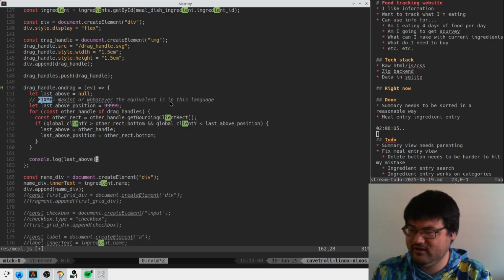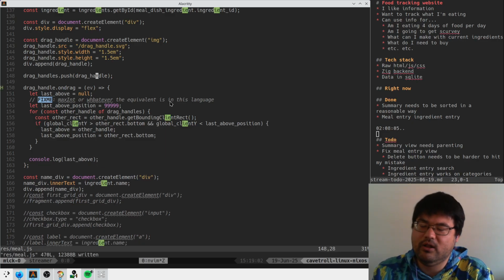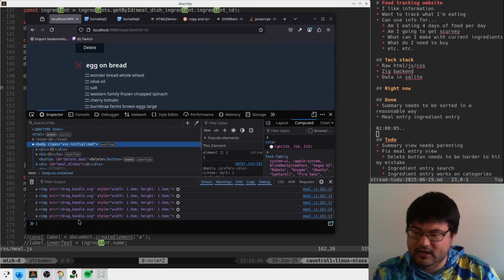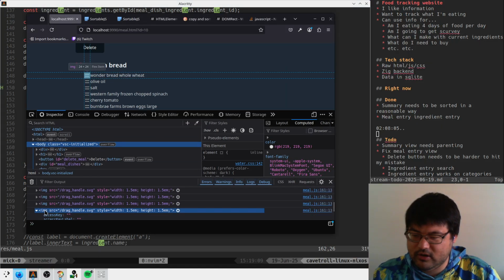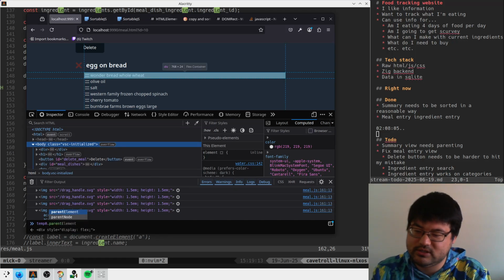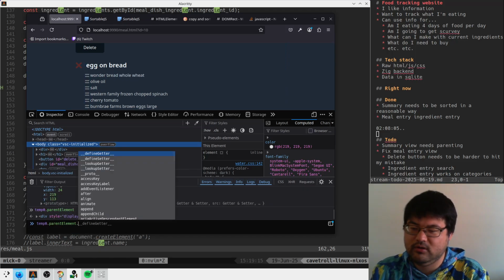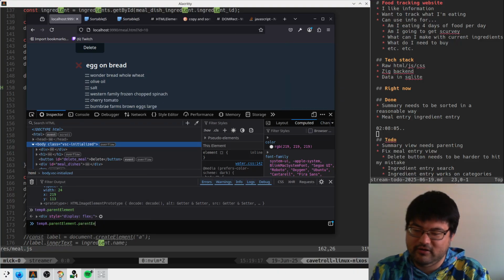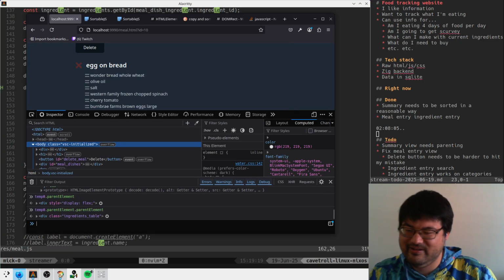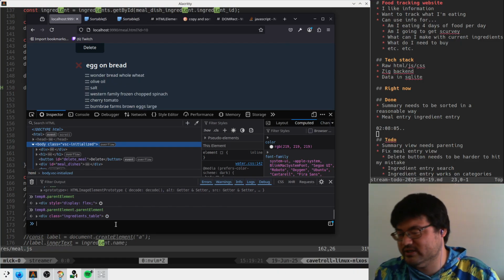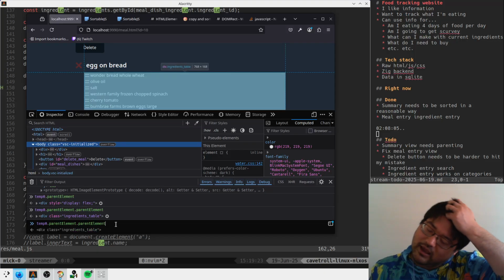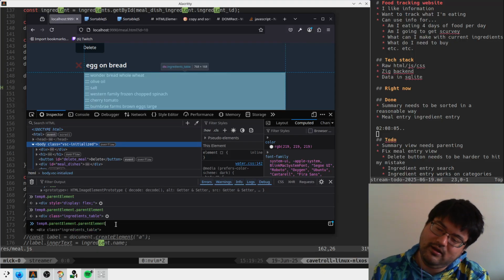Okay, I need, can I use stores global variable? It's like parent element. Yes. So we have this ingredients table here. And can we just do like